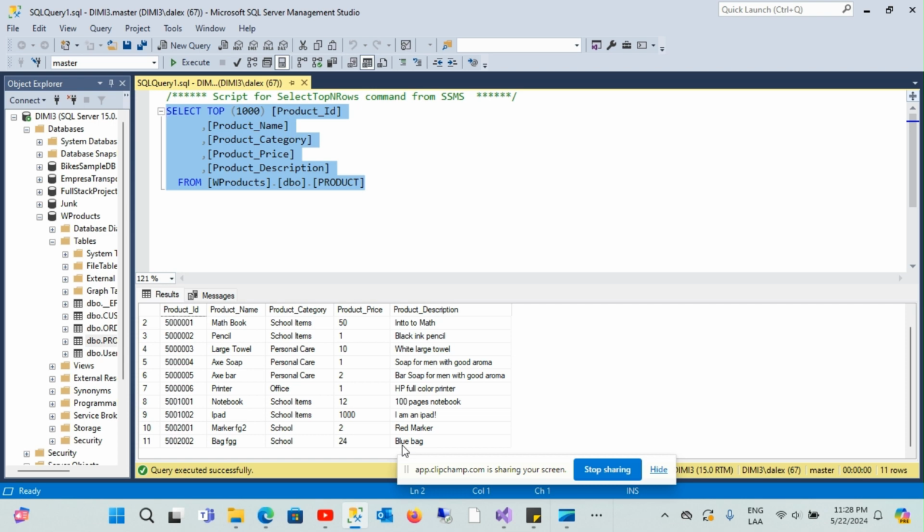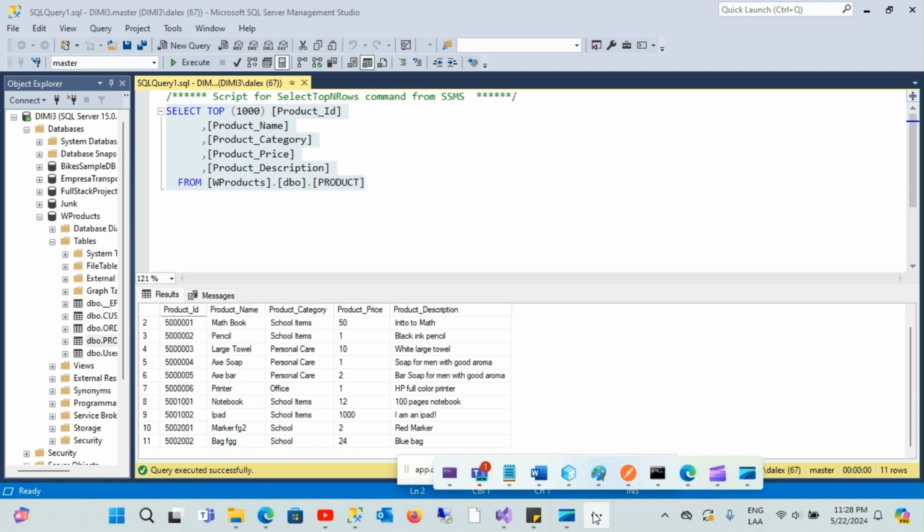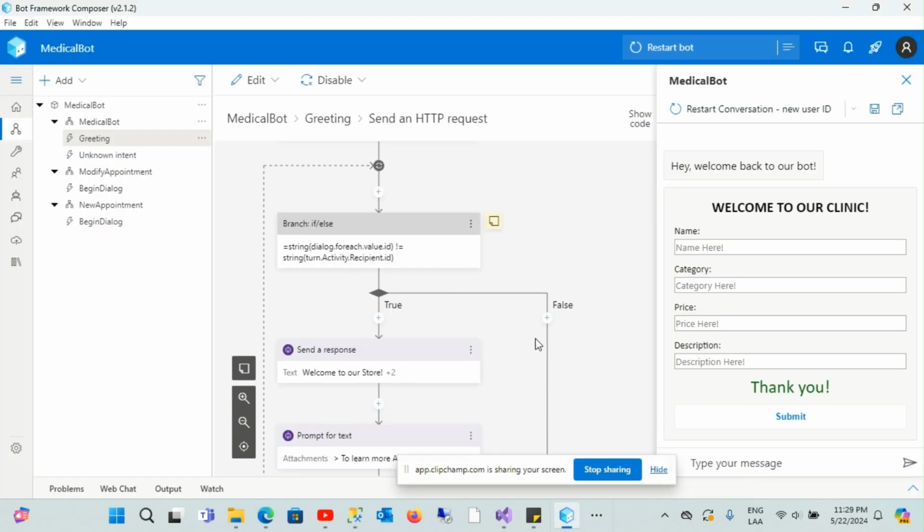So what the bot's gonna do now, it's gonna send a new post request that's going to generate the new ID, the number 12. And we're just gonna add a name and a category, price, and some product description for that. So we can see that the bot is working. All right, let's just go back to the bot and let's just go over this real quick. So I'm just gonna close the bot